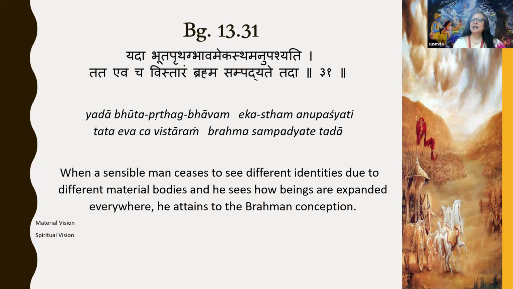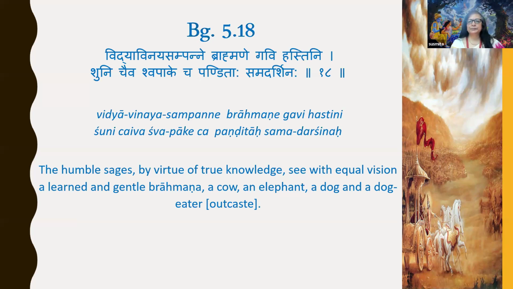So there is a material vision and a spiritual vision. In a material vision we see people as people, of different caste, different creed, different nationality, but all these things are material vision. In spiritual vision, we see people as souls. Then we see the super soul residing in everyone, and we respect everyone, and then it is a Brahma vision, right? We go to the next sloka.